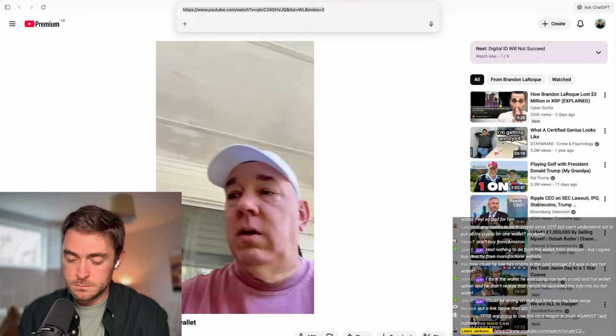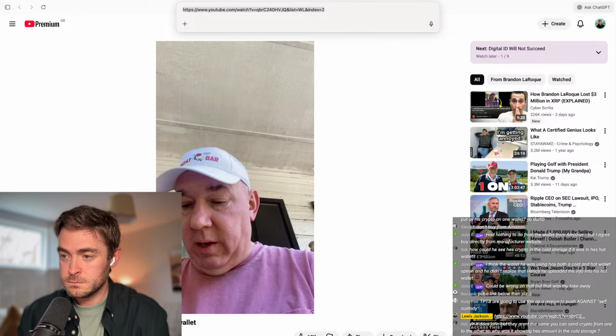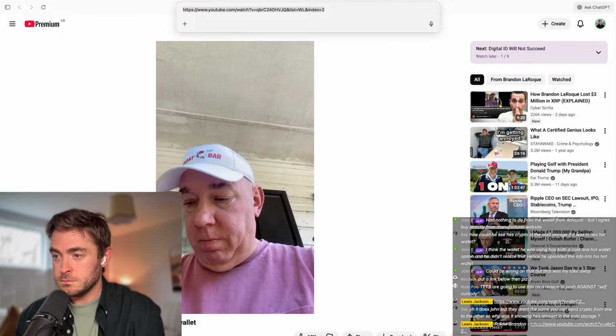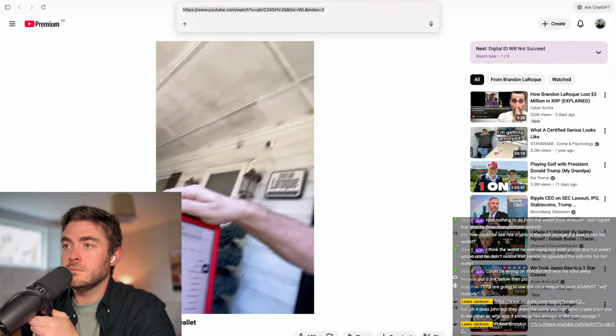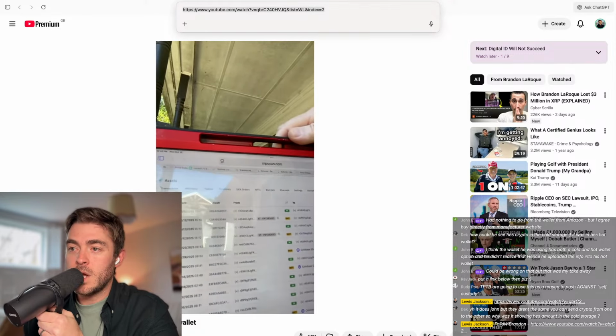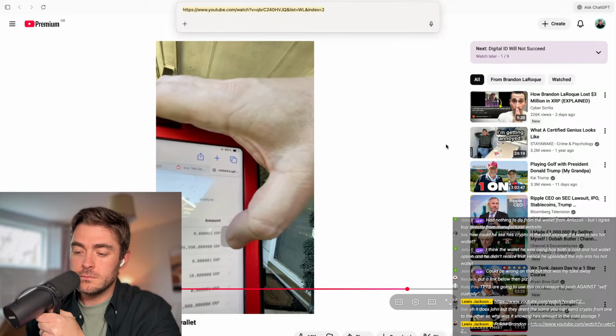But I'm gonna pull it up and show you so that people know that I'm not lying, that this actually happened. Let's see if you can see this real quick. I don't know if you can see, this is the XRP ledger. You see right there, that's the one. That's where they took it out.